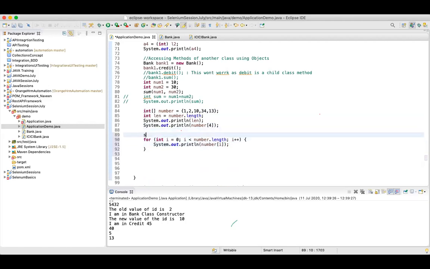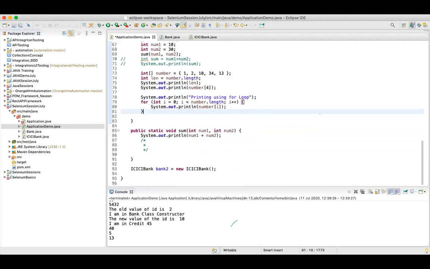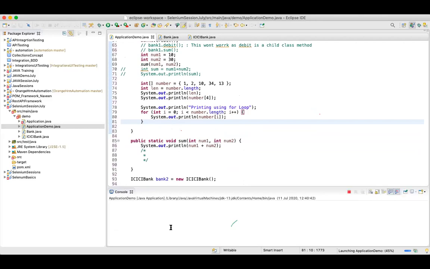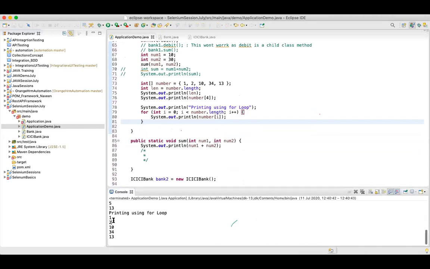I'll simply write over here printing using for loop. And now when I run this, you see 1, 2, 10, 34, and 13.